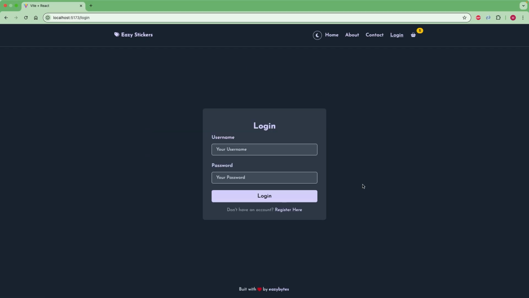As soon as the end user clicks on this proceed to checkout, he will be forced to log in to the system, because in order to accept an order, we need address details of the user and we should also accept the payment as well. That's why we are going to force the end user to log in. Once the end user enters his credentials by entering his username and some password, the user will be landed onto